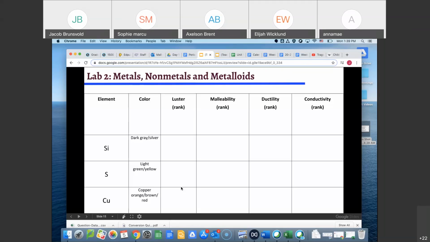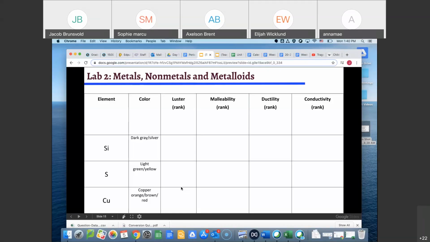The silicon, it took some doing, but when I hit it with the spatula, it eventually broke into pieces. The sulfur, I hardly had to do anything to it. I just pressed on it and it broke in half. So that did not. All right. So then up next is